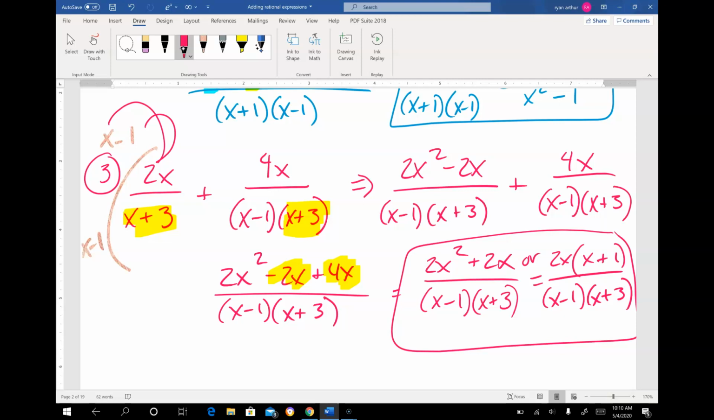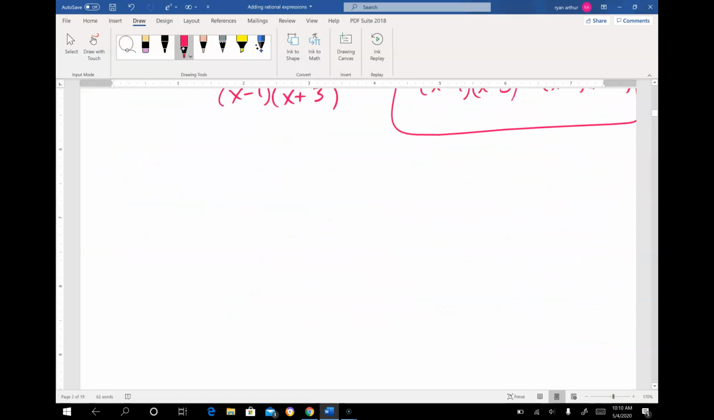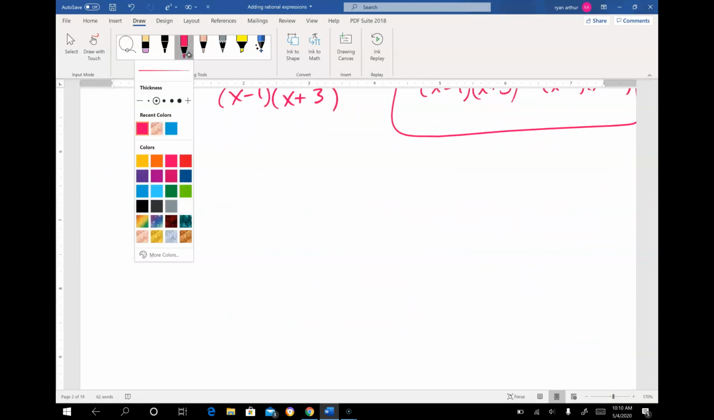See, with adding and subtracting, it's just like so many steps because you factor, you reduce, then you combine, then you factor, reduce again. All right, so it's just a little tedious. All right, so number 4